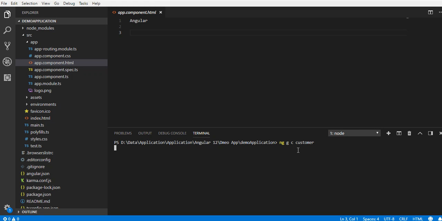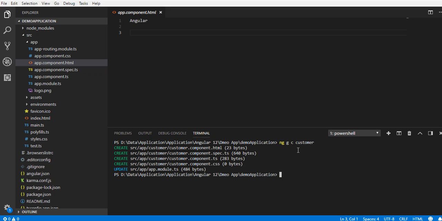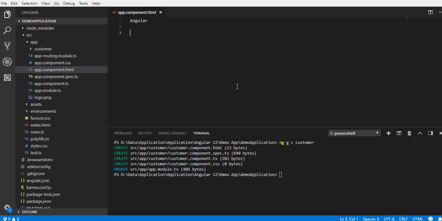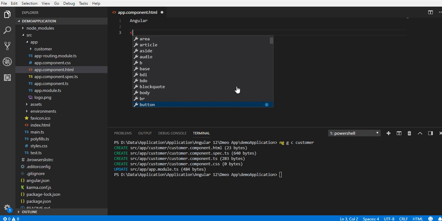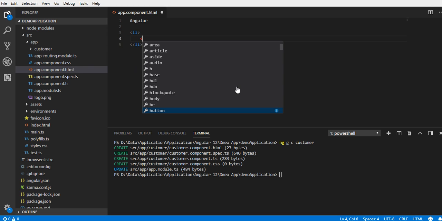So it will create one component, and on the app component we will create the menu with two links: one link will connect with the app component and the other link will connect with the customer component. Let's create it here.